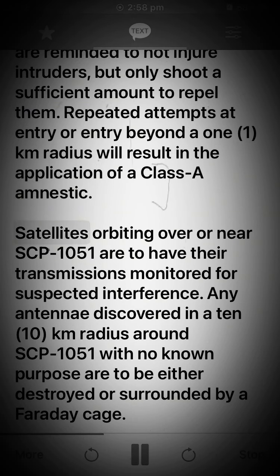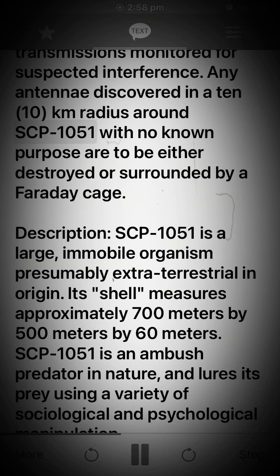Satellites orbiting over or near SCP-1051 are to have their transmissions monitored for suspected interference. Any antennae discovered in a 10 km radius around SCP-1051 with no known purpose are to be either destroyed or surrounded by a Faraday cage. Description: